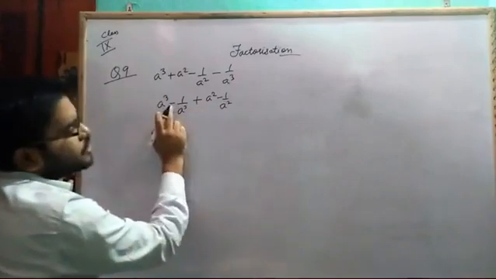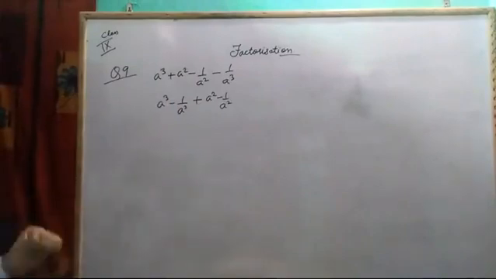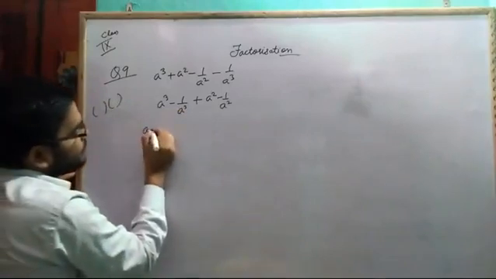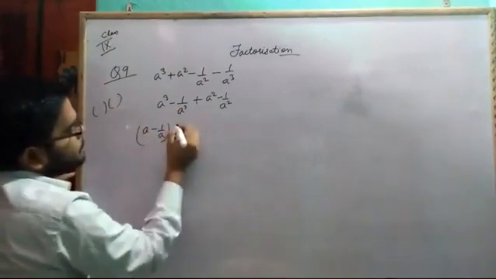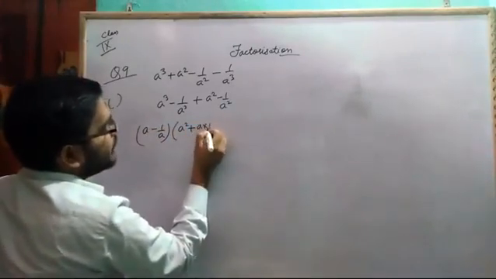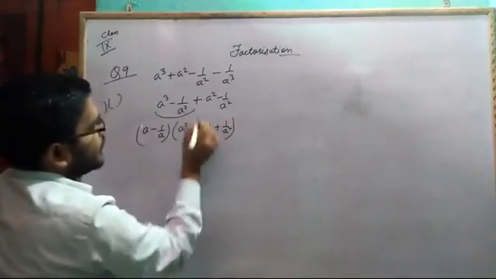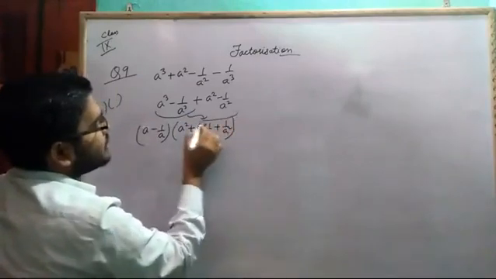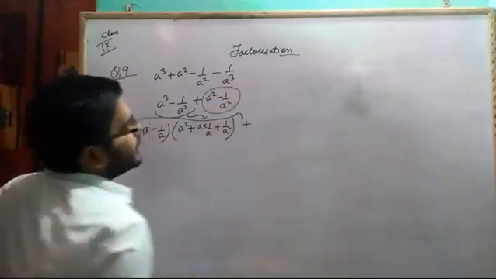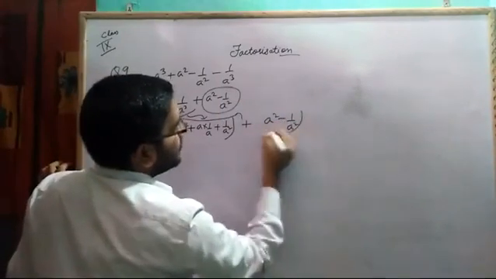Our task is to anyhow remove this plus minus and bring these terms into product form, bracket form. So a cube minus b cube, I can write (a minus 1 by a) into first term square plus a into 1 by second term plus 1 by a square. For this much part I wrote only this much. Now for a square minus 1 by a square, what can I write?